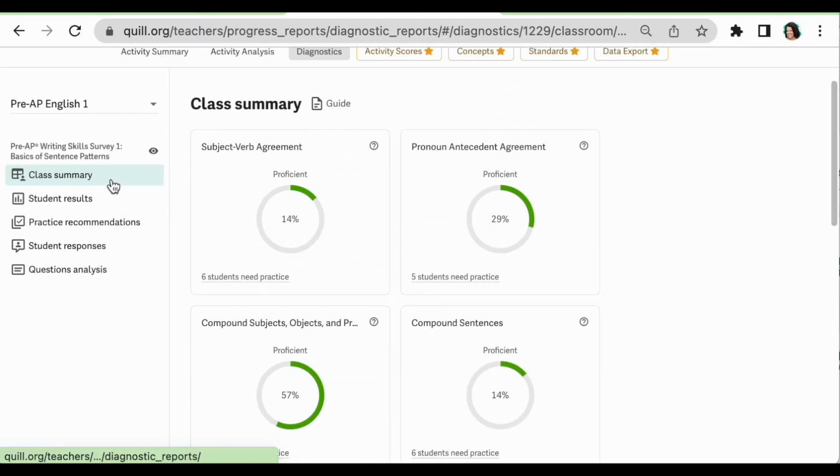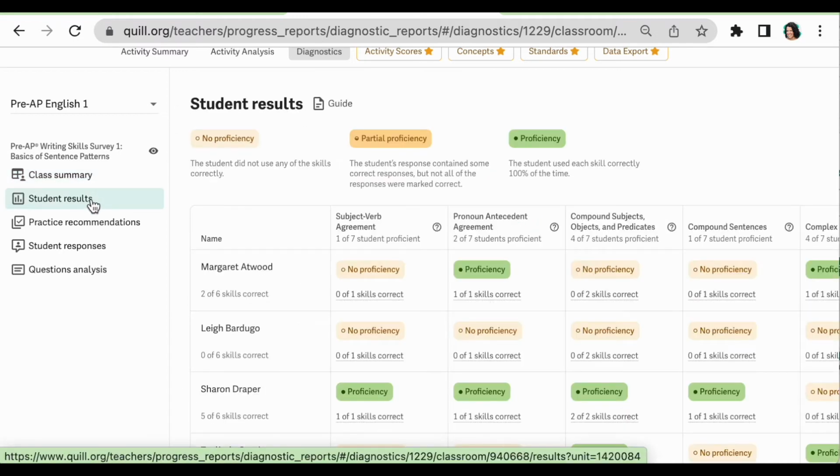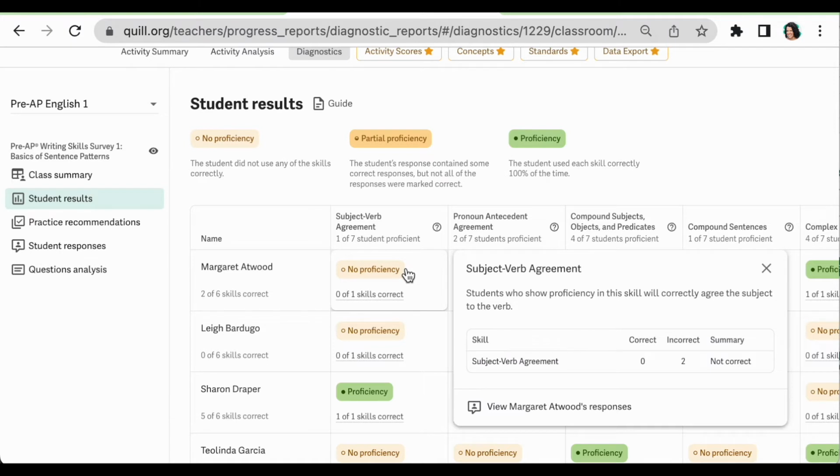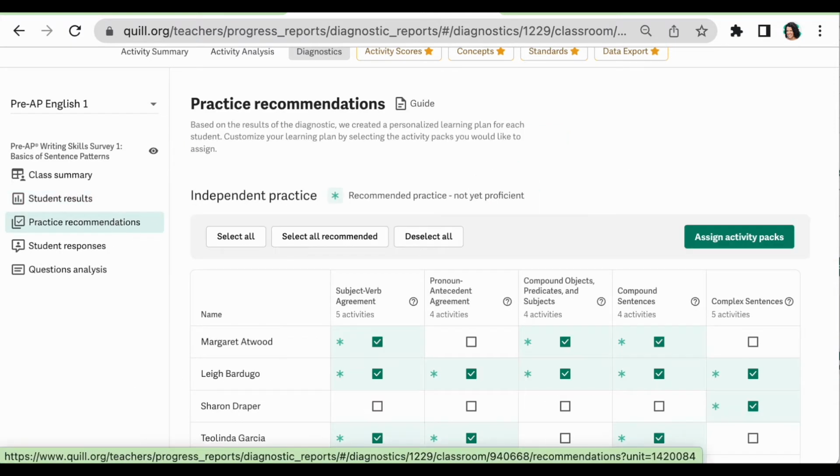You'll be brought to this first tab, Class Summary, and these circle charts will show you your class's proficiency with each of the concepts covered on the survey. The Student Results tab has information on each student's proficiency with each skill group. You can also click to see more information. This third tab, Practice Recommendations, is the one that you'll want to remember because this is where you can assign